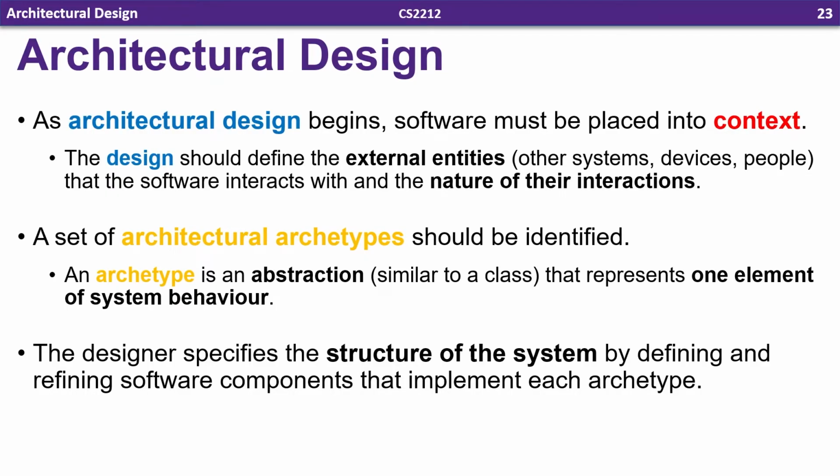Once the context is defined, the next step is creating a set of architectural archetypes. An archetype is an abstraction that represents one element of system behavior. Archetypes don't have enough detail to be implemented, but rather define a collection of abstractions that must be modeled by the architecture of a system. We'll talk more about archetypes in a second, but first let's explore how we represent the context that we just